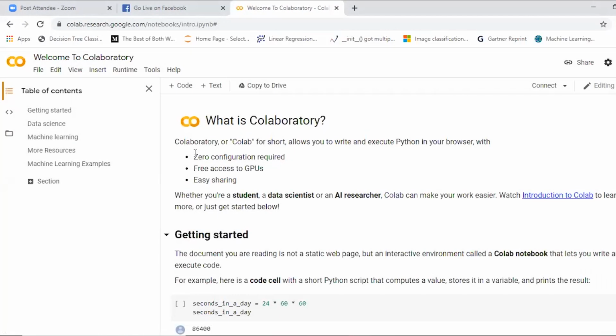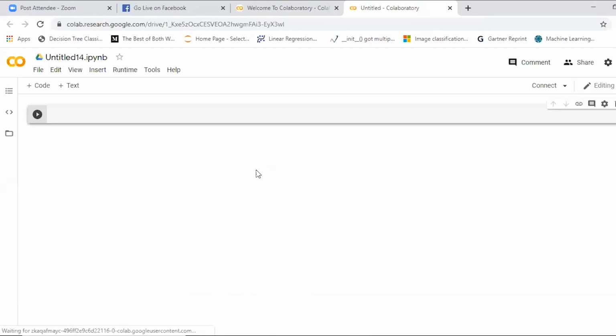You cannot read the content. You can use Spyder, but the Spyder output is a simple IPython console, so you cannot read each and every table or frame. That is the reason we use Colab for visualization purposes. The packages which we are going to use are Beautiful Soup and urllib. urllib is used to open the URLs, and Beautiful Soup is used to extract the content from the web.